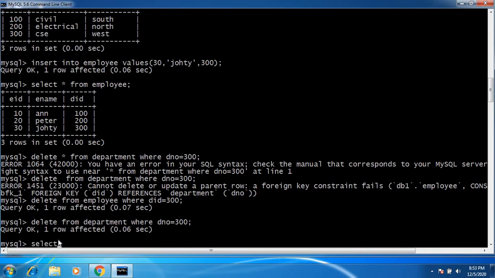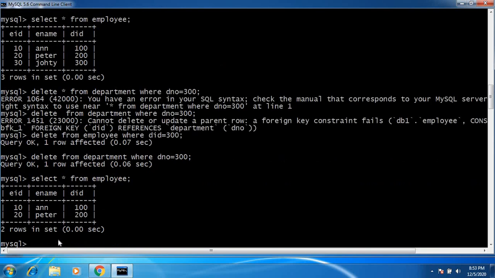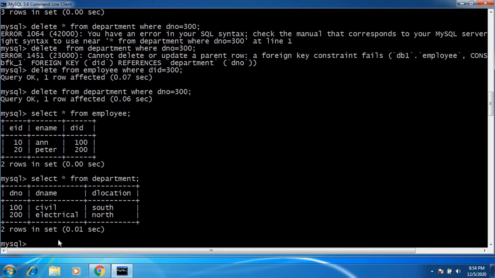Both are deleted. Suppose a particular department is closed, then all the employees should be terminated.